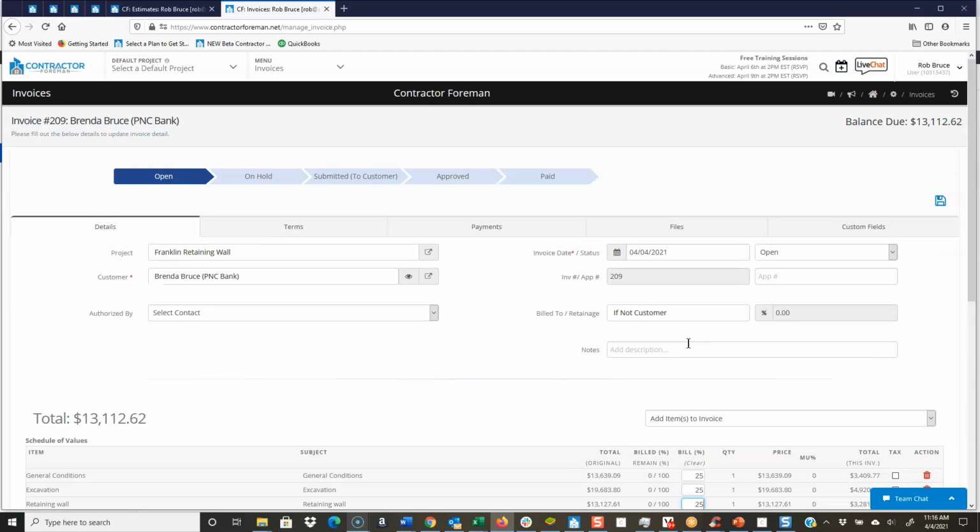So there's the schedule of values in Contractor Foreman. I hope that